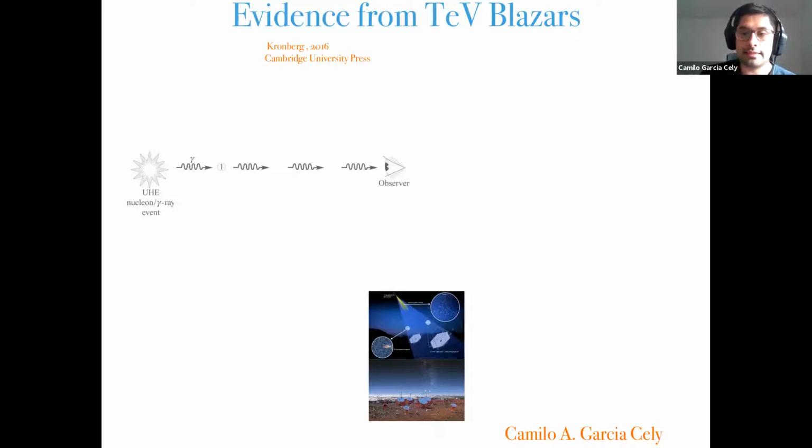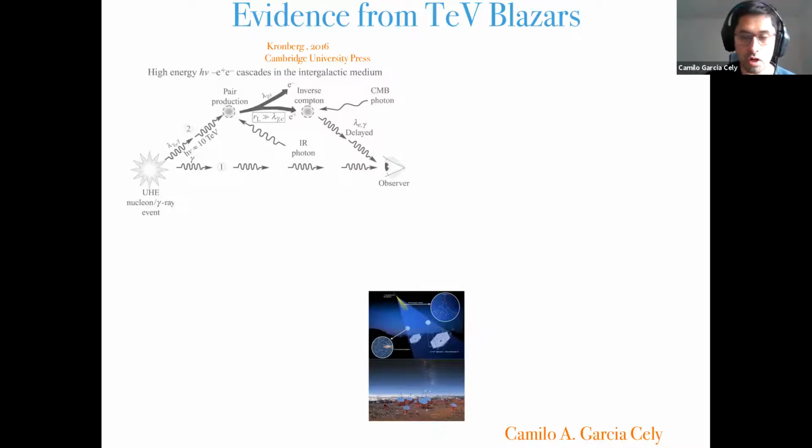The interesting thing is that the universe is not really transparent to gamma rays. So some of these gamma rays are actually undergoing another path. Let's recall that the universe is not empty and is actually full of radiation. We have the CMB, we have infrared light, so we have these low energy photons around. And if you have a very energetic gamma ray, like one of these coming from the blazars, they can meet, and the energies are such that you can pair produce. Now this production of e+ e- pairs